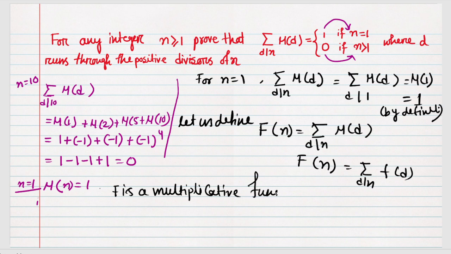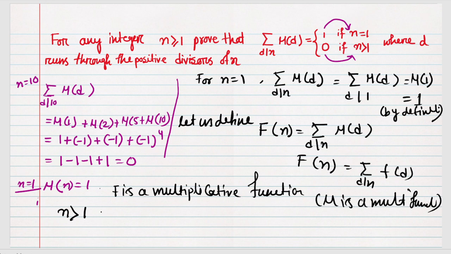Why? Because mu is a multiplicative function. So now we are taking, for n greater than or equal to 1, our second case, that n has a prime